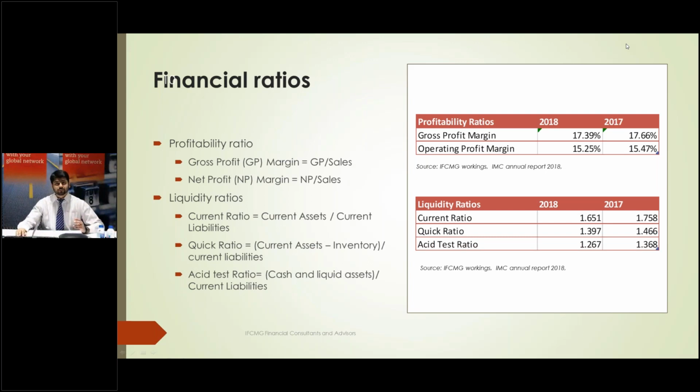The gross profit margin comes to 17.3%, and it's down slightly from the previous year when it was 17.7%. Operating profit margin is 15.3%, which is again down slightly from the previous year of 15.4%. Liquidity ratios are more or less similar, with slight decreases